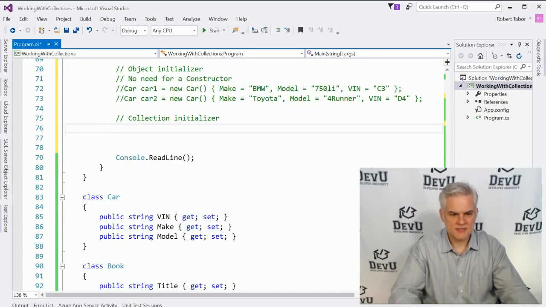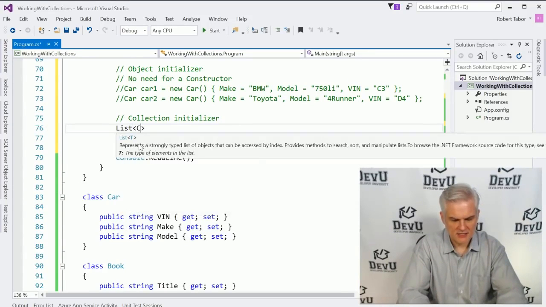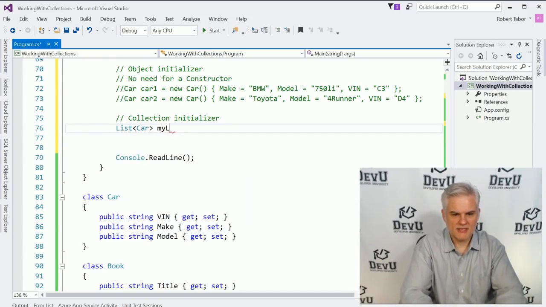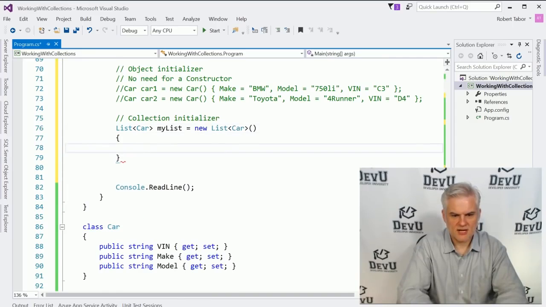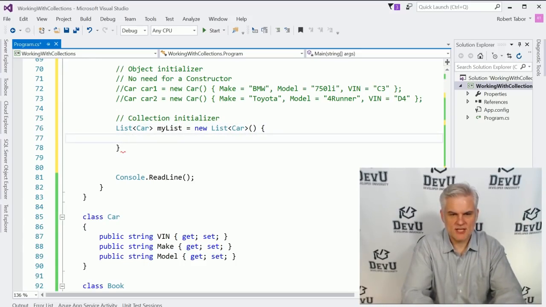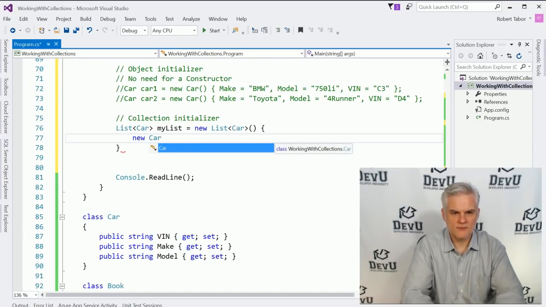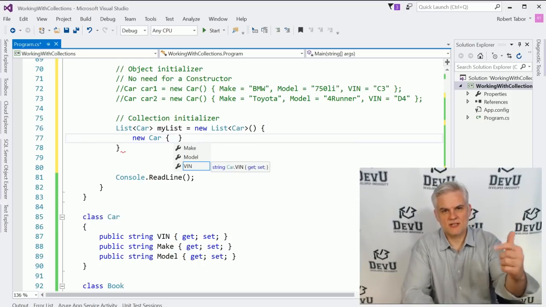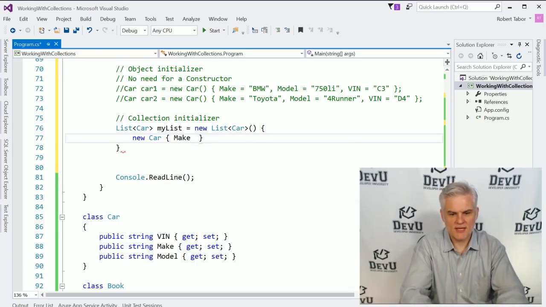So in this particular case, let's go ahead and create a list of car called myList equals a new list of car. All right, now at this point what I can do, and notice that I put this on separate lines here, I typically might keep this on the same line just for my own sanity. And now inside of this new empty list of cars, I can create a series of car objects like so. In fact, what I can do at this point is use an object initializer inside of that. So here we'll go, make equals